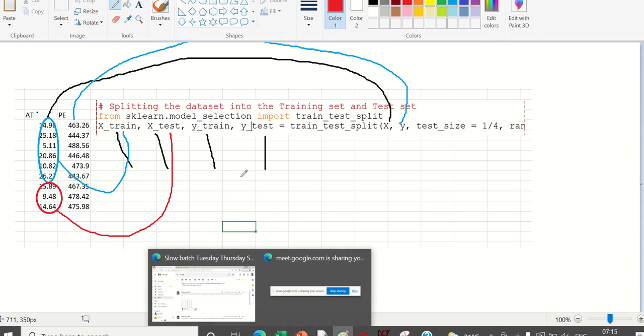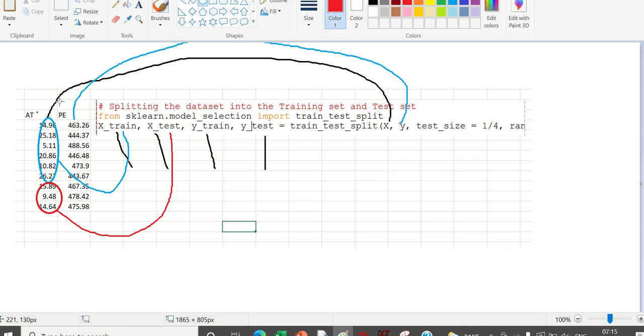Then this one will be your Y train, and this will be your Y test.